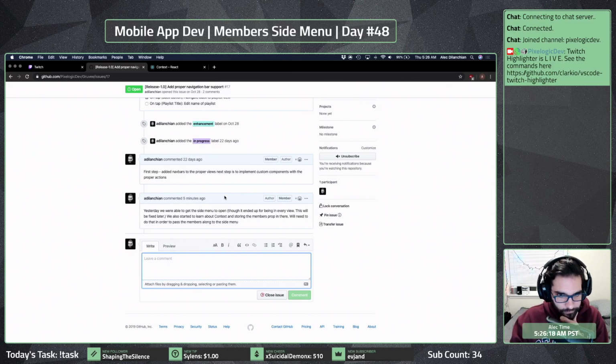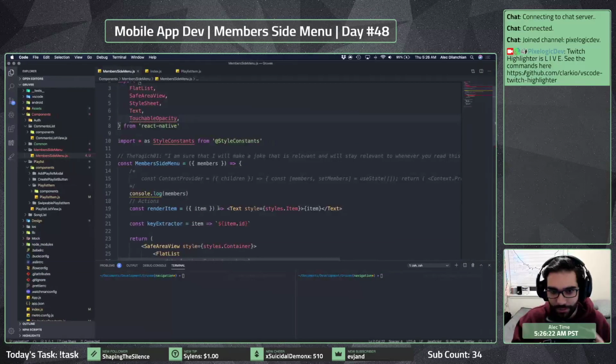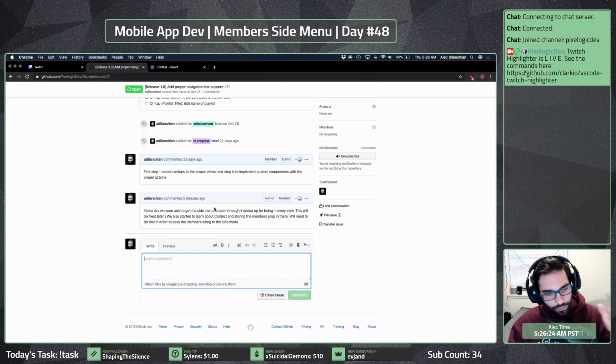Once we do that, we're going to finish up designing our side menu component. And when we do that, we'll finally be able to get the last part in, which is setting it up so it only opens in the song list view, or essentially where we want to see it.